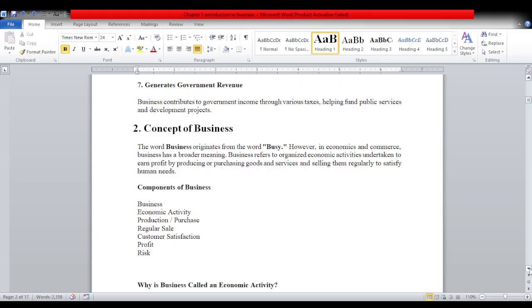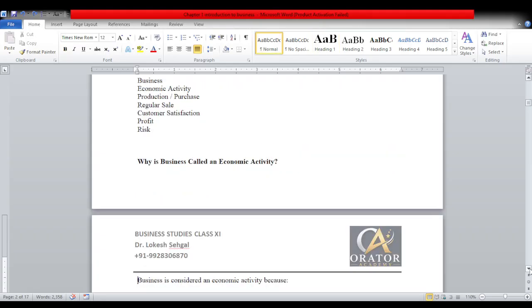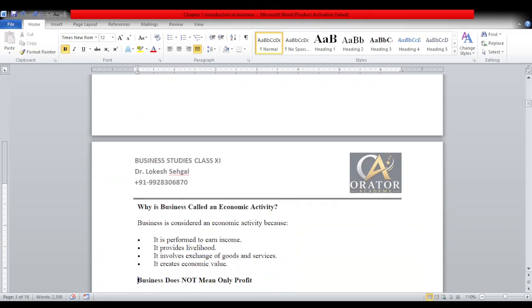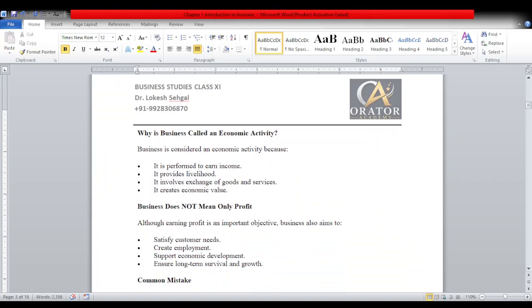But first of all, we are moving ahead and discussing some important aspects of business or economic activities. Economic activities we have already discussed, but for your kind information, I am repeating the same. Business is considered an economic activity because it is performed to earn income, it provides livelihood, it involves exchange of goods and services, it creates economic value, right? Business does not mean only profit. For your kind information,